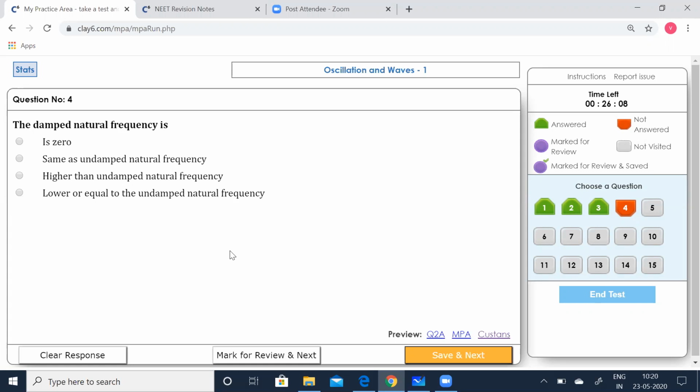Now, for the roots of the quadratic equation, if the discriminant value is greater than 0, then you say the roots are real. And if the discriminant is less than 0, then you say you have complex roots. So here also, the damped natural frequency is going to be lesser than that. In that case, it can take imaginary values, or it will be lowly damped. Okay, it will be lowly damped. And if it is critically damped, the roots will just break it, and then you can have 0. So you can put it as 0.